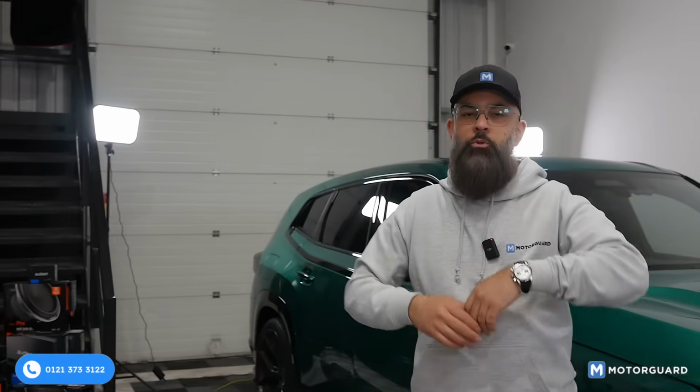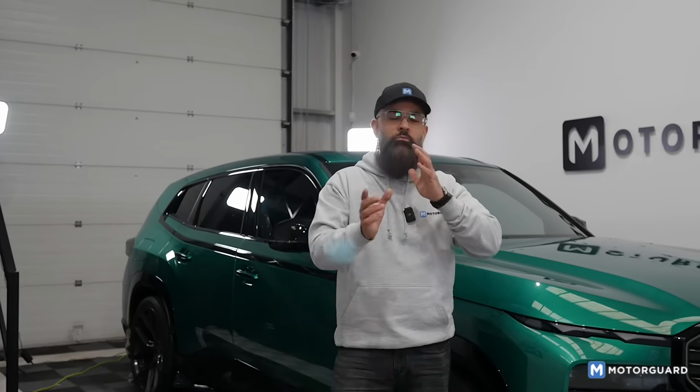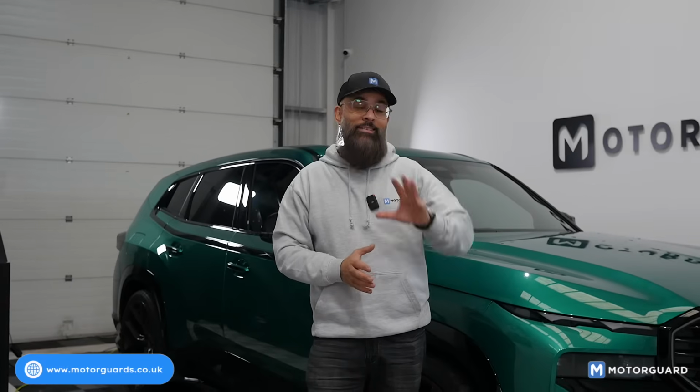I originally ordered this car with the BMW 21-inch wheels. I spec'd it actually with the 23s, but then when I did a bit of research and looked at quite a few pictures and renders on the internet, because I ordered this car back in December or January, I thought everybody who's going to order one will probably spec the BMW 23s. So our neighbours on the same estate as us, Prestige Wheel Centre, they do Vossen wheels. I spoke to them, and in the end I cancelled the BMW 23s, and I am so glad I did,